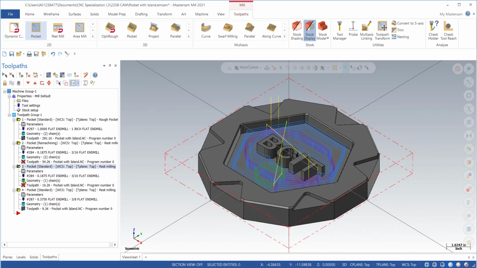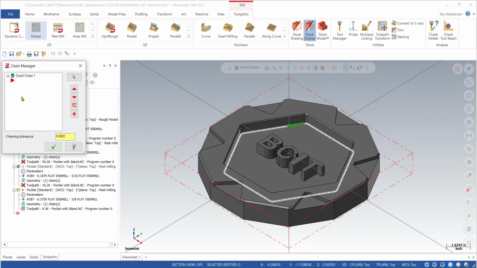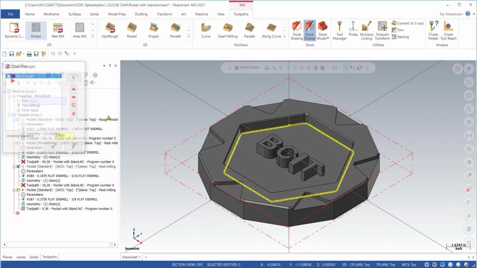And now let's add chains in there by going into the geometry tab. Add,